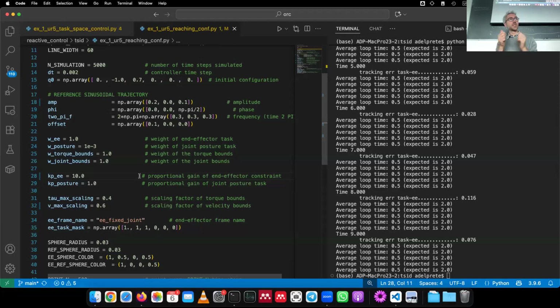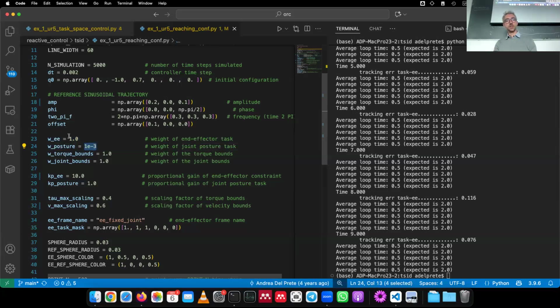There is another parameter we can play with. The weight of the task. Yeah, that's it. So here we have the weight. We have one weight for the end effector task and one weight for the postural task. And of course, if we increase too much the weight of the postural task, which now is 10 to the -3,